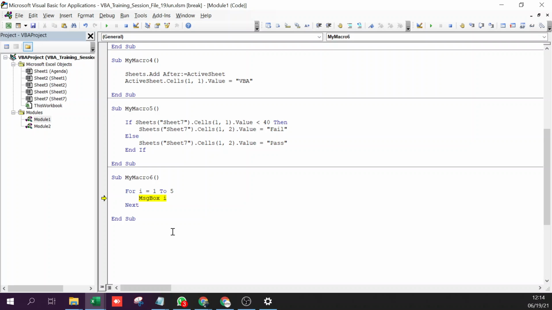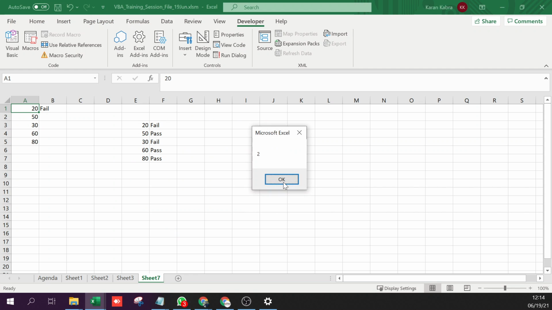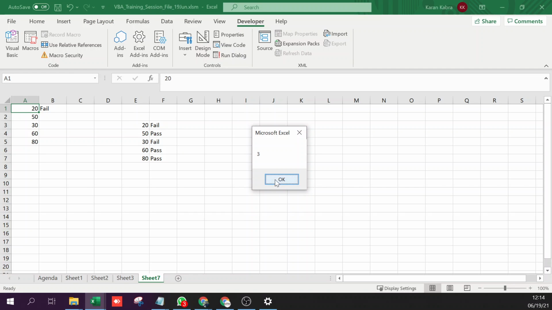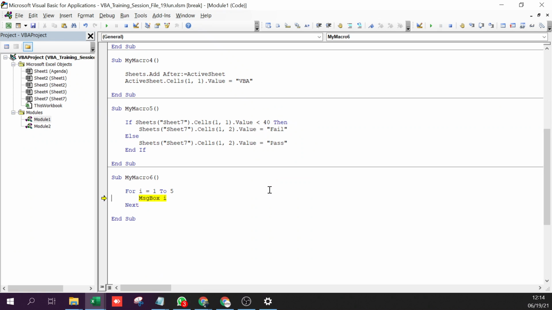Now what should i have? 2. Next time, 3. Then 4. Then 5. Will it go back? It won't go back because we have only defined it from 1 to 5. It will straight away exit and it will then end.